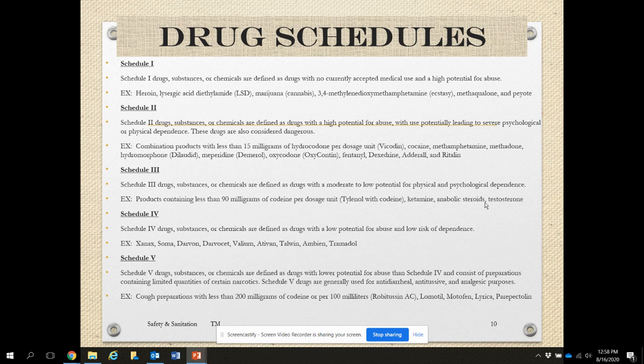And you have to keep track of those drugs, if they are prescribed to an animal, though not many of those are. But as we get down to the Schedule 3, 4, and 5, then you find more drugs that we do use on animals. Schedule 3 drugs are chemicals that are defined to have a moderate to low potential for physical and psychological dependency. Some examples of those: